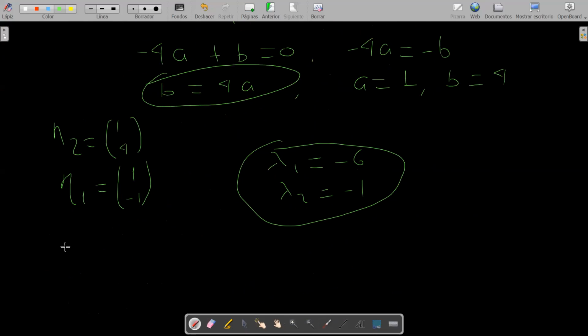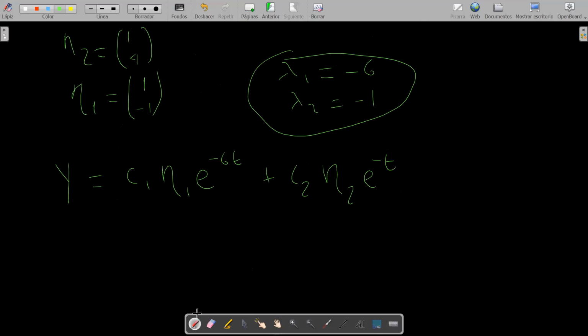And from here we can write down our solution in matrix form, which will be C1 times our first eigenvector times e to the lambda 1 t plus C2, our second eigenvector times e to the -t. And that gives us two equations. Y1 will be equal to C1 times 1, -1, okay,